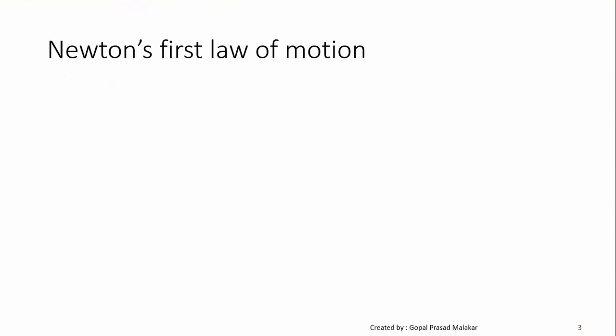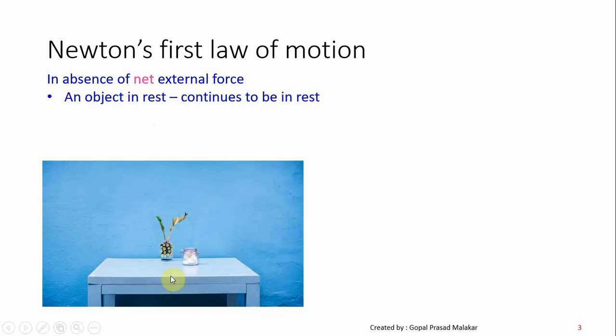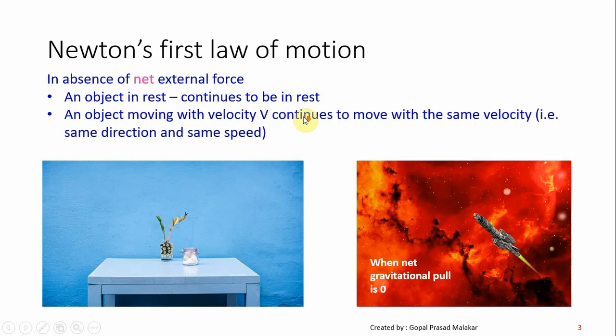The first law of motion says, in absence of net external force, you need to understand I am talking of net. So whatever external forces, if there are 3-4 external forces applying, if the net external force is 0, in the absence of net external force, an object at rest continues to be at rest. An object which is moving with a velocity v continues to move with the same velocity, and